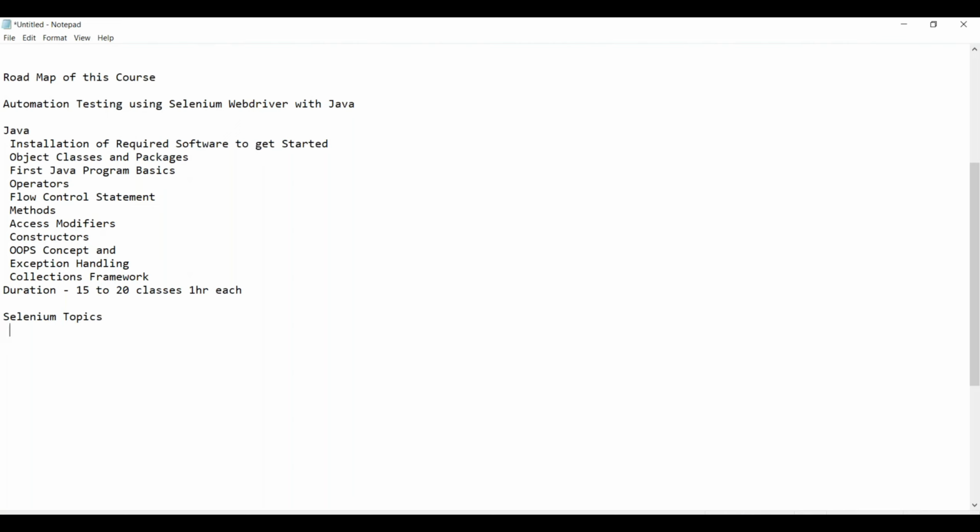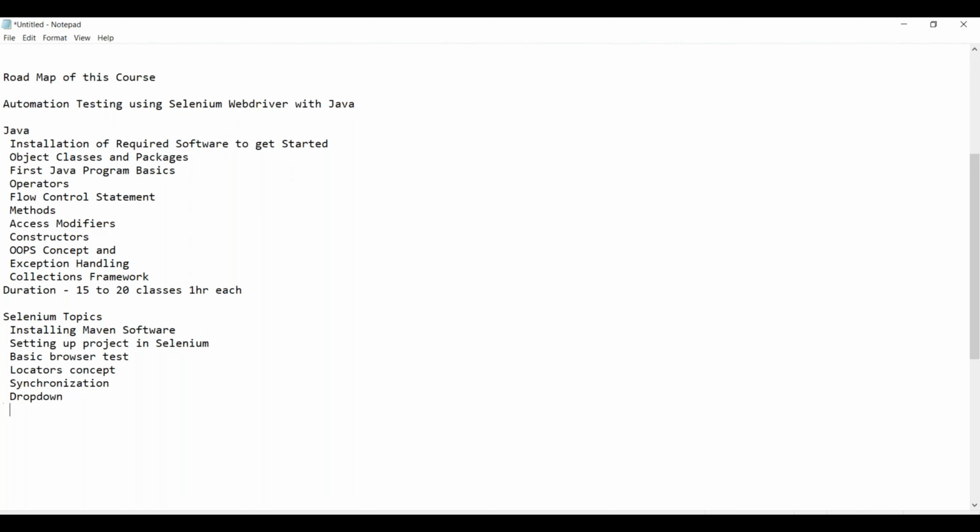Setting up or installing Maven software and setting up the project and Selenium, then basic browser test, then locators concept, then synchronization, then handling drop down,